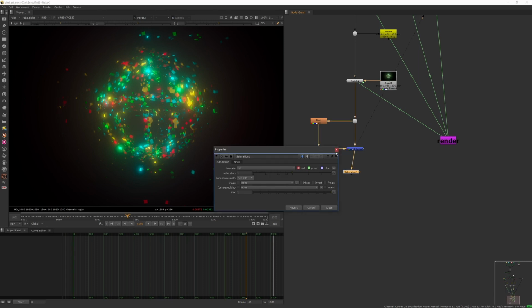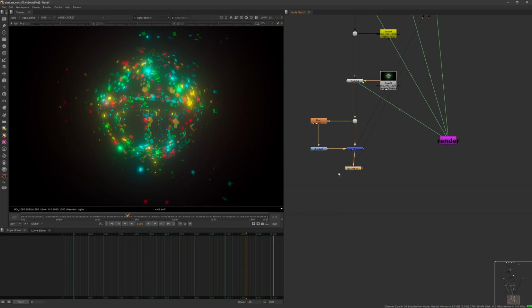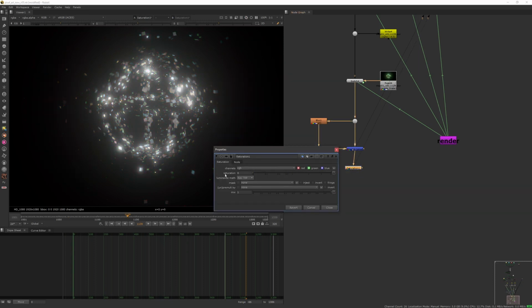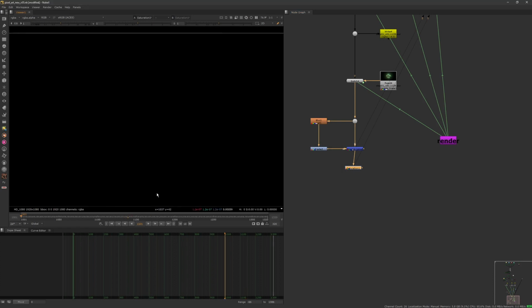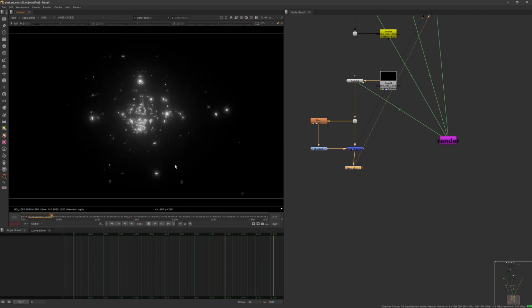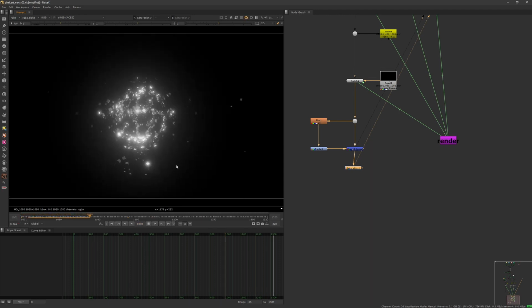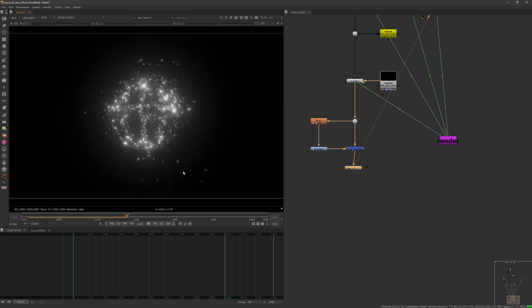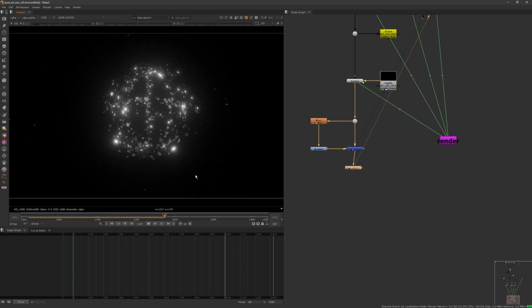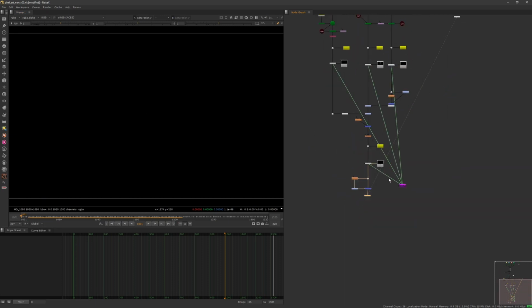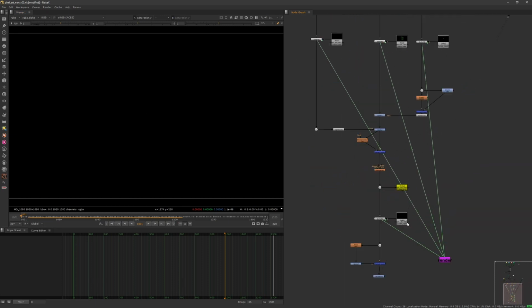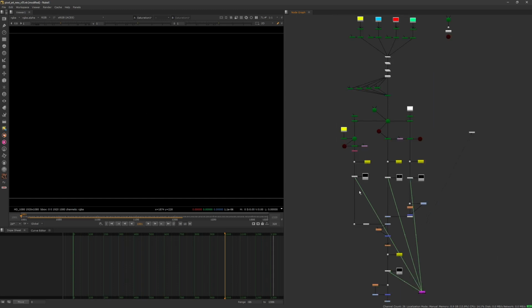And you can also have it black and white. It also looks nice. Well, let's see. Yeah, see how cool it is. All right. So let's have a look at this setup and see if we can add some extra things to it. And then I'm gonna give you a couple of tips on how to prepare this and have it render